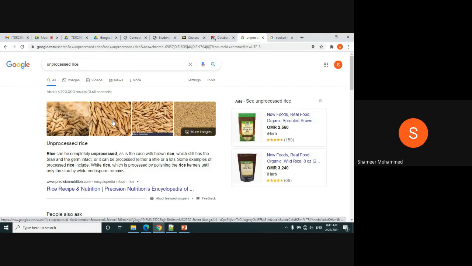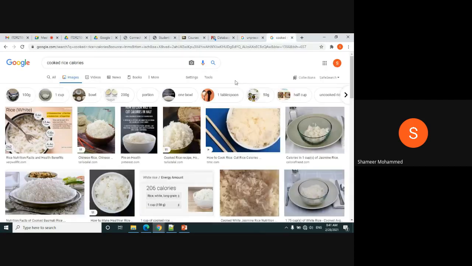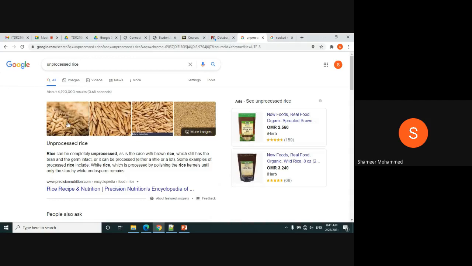When you clean this, when you remove this husk, it is called husk. When you remove this, when you clean, when you process, then when you polish, shining will come. Then you can cook the rice and you can eat like this. This is information. This is your data.